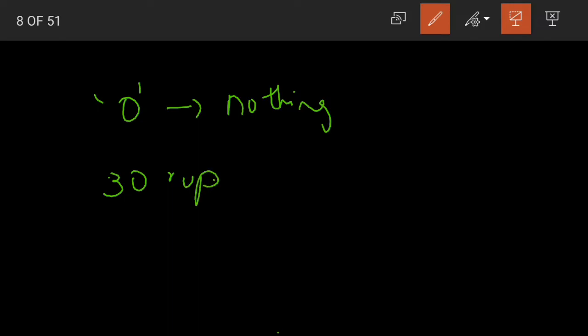See, what are they saying? Normally, what is 0, children? 0 is used to represent nothing. When we have nothing there, then we place 0. In the same way, if I have only 30 rupees, there are no paise. Now how can we write this? I know we can write it as 30 as it is.